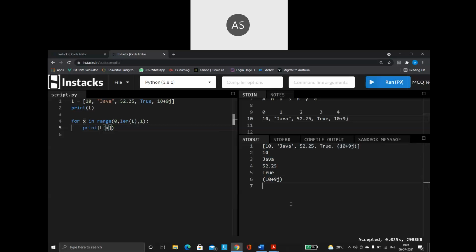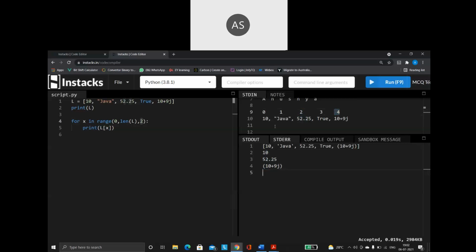Let us say, suppose I want only the even index positions. So what are the even index positions here? 0, 2, 4. I want only these three even index positions to be printed. You remember what we did with the range function? Everything is possible. So I'm saying 0, go till the length of the list. What is the step value? I am saying the step value as 2. Now you run it, see what happens. First, it will go to index 0. From there, step is 2, so jump 2 steps. Then it will go to index position 2. From 2, jump 2 steps. Again, it will go to index position 4.